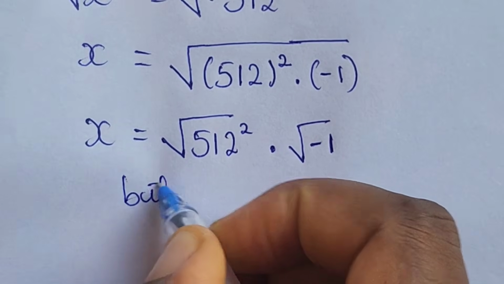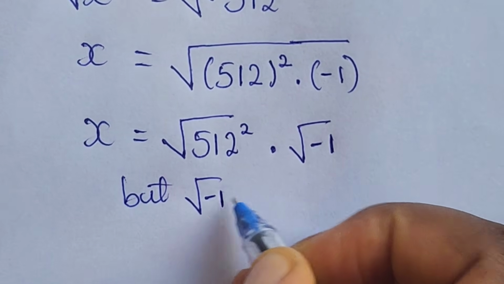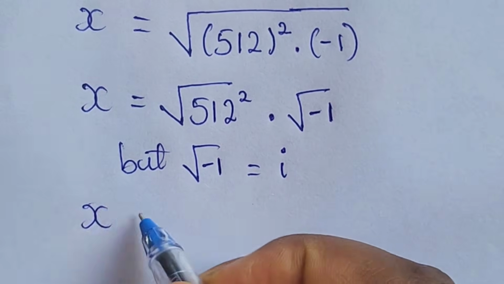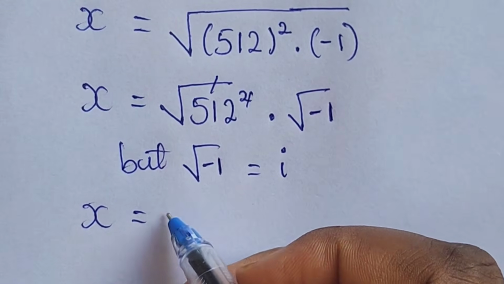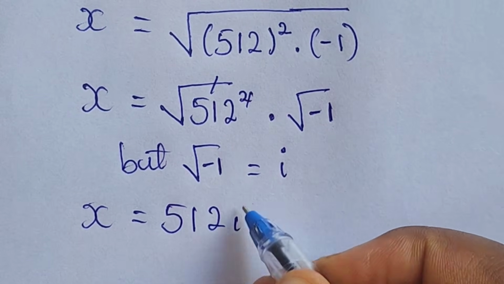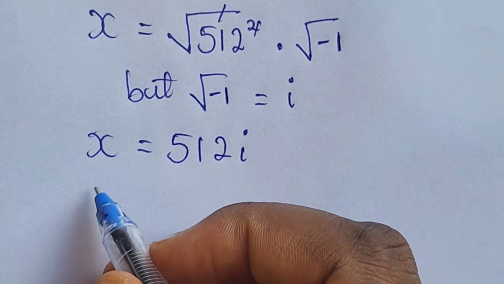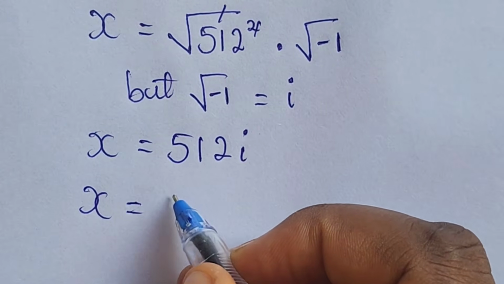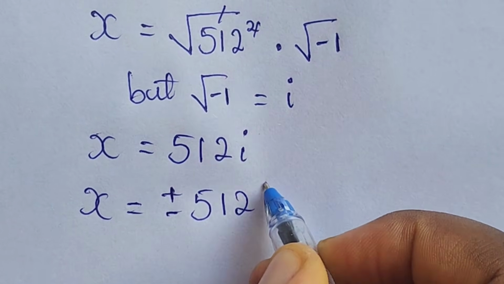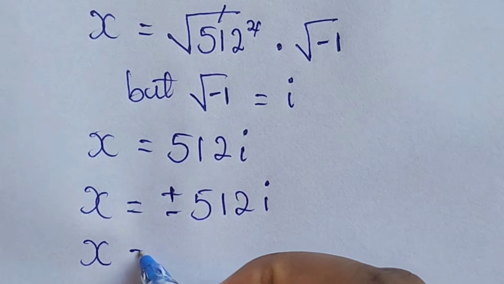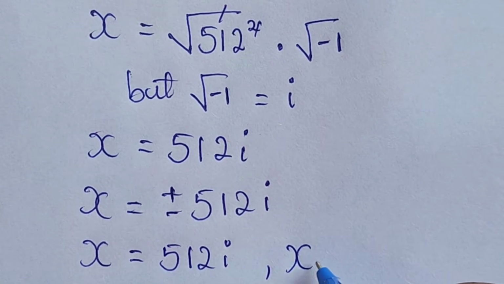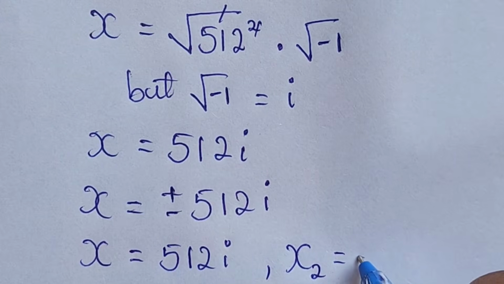But let's recall that the square root of minus 1 is equal to i. So we have x to be equal to, this cancel out, we have 512 and our root minus 1 is i. So we have that x is equal to plus or minus 512i. So we have the values of x to be equal to 512i, and x is also equal to minus